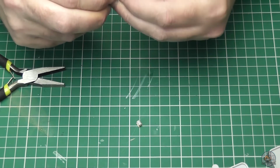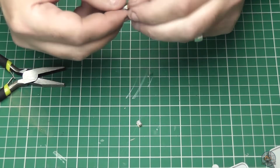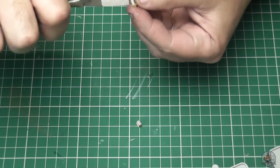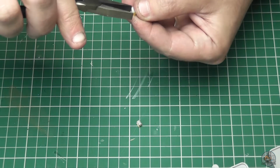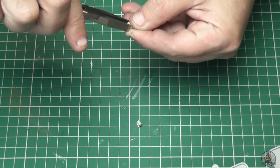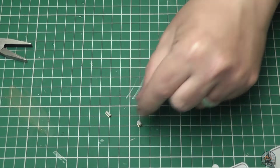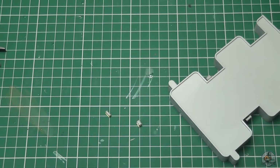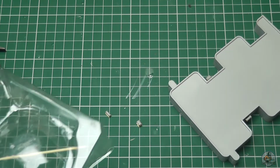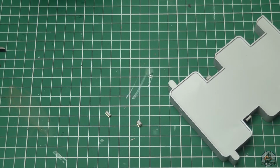That's that side in. And that side is in as well. Right, so now we can squeeze these together just like we did the last one. And there we are. That's our second reel all made up now. So we've got 1 and 2. So now we just need to get these on here. So we're going to need some super glue for this. I'm just going to use an old part work plastic tub for this. I'm going to put some glue in there, make a little reservoir. I'm going to use a cocktail stick to